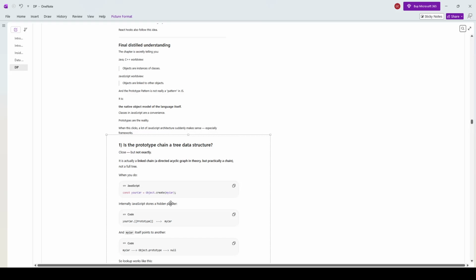First, is the prototype chain a tree data structure? Close but not exactly. It's actually a linked chain, a directed acyclic graph in theory, but practically a chain, not a full tree. So it's not a tree like we discussed, though kind of like a tree. So let's redefine that mental model. This directed acyclic graph in theory is kind of like Redux,